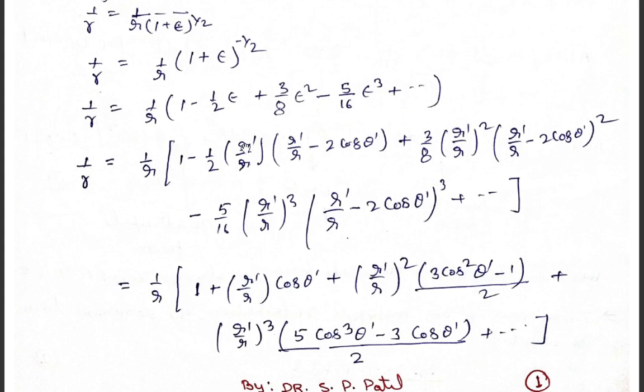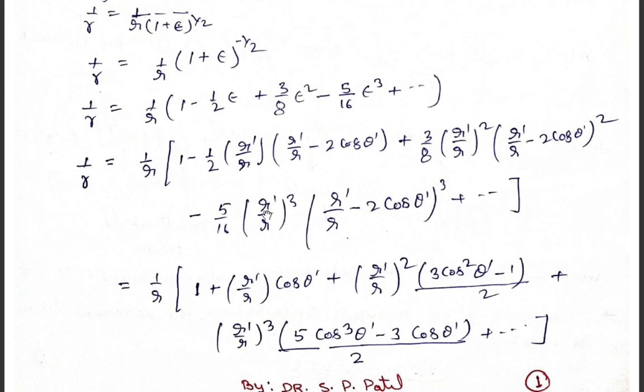So this will be the second, r prime upon r square multiplication quantity. Similarly, what we can find out, if you see, that is r prime upon r and this is r prime upon r. So we can find out the power of triple power series. So if you do the triple power series, what will we get?